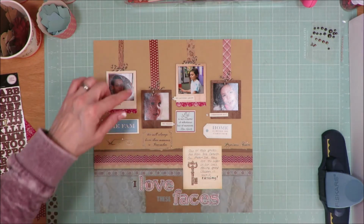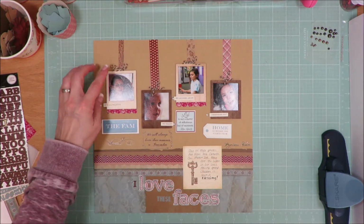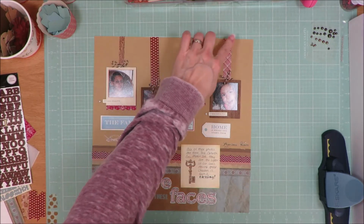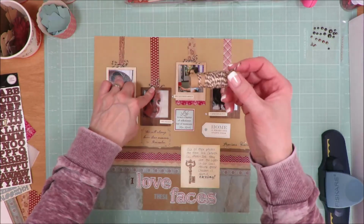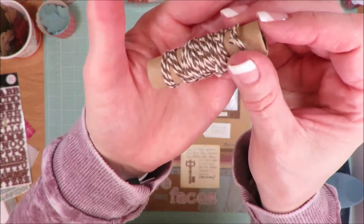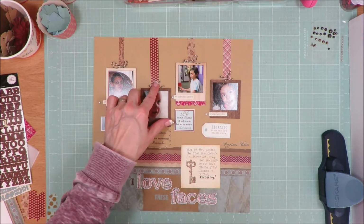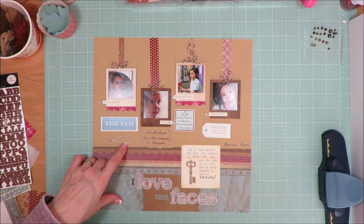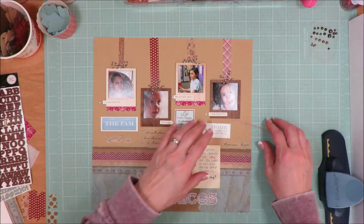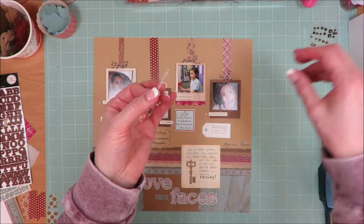So it's good. Rather than string the twine up, I decided I'm going to do something different, and so I added washi tape off of each photo, and then I used the twine that I have in my kit, which is this cream and brown color, to put a little bow on top, and I just glued them down with some wet glue on top of the washi tape at the top. The rub-ons had some pearls. I added those, plus I added some from my stash from the kit that I created. I used some of the white ones or cream ones and some of these,